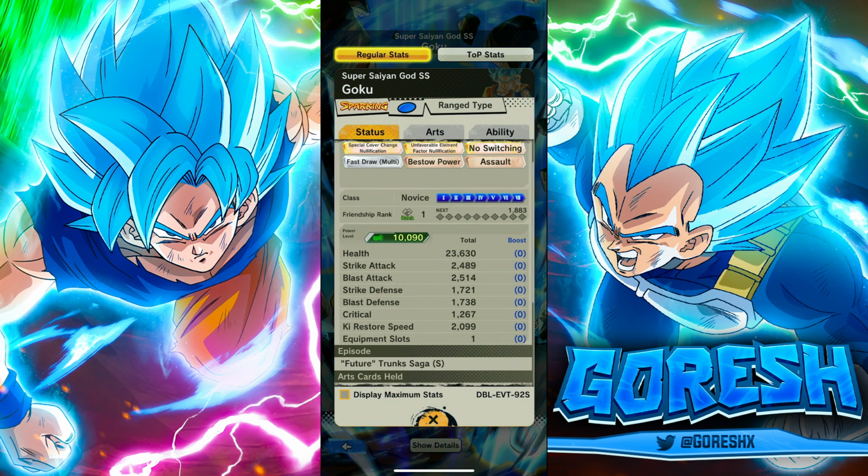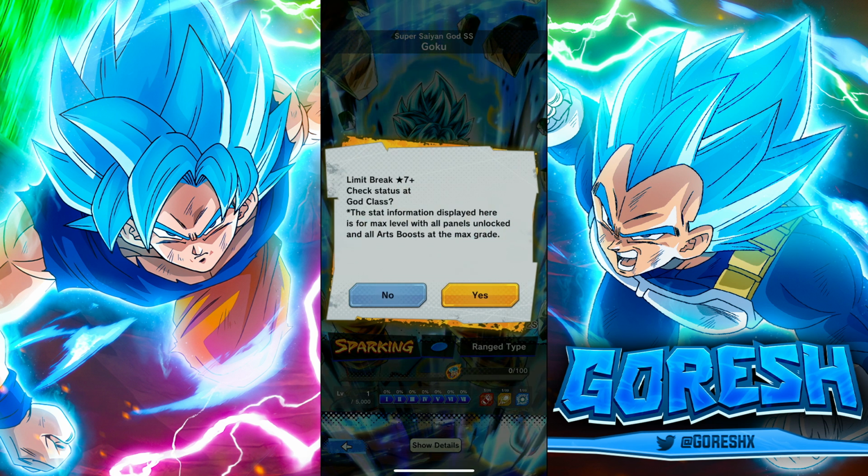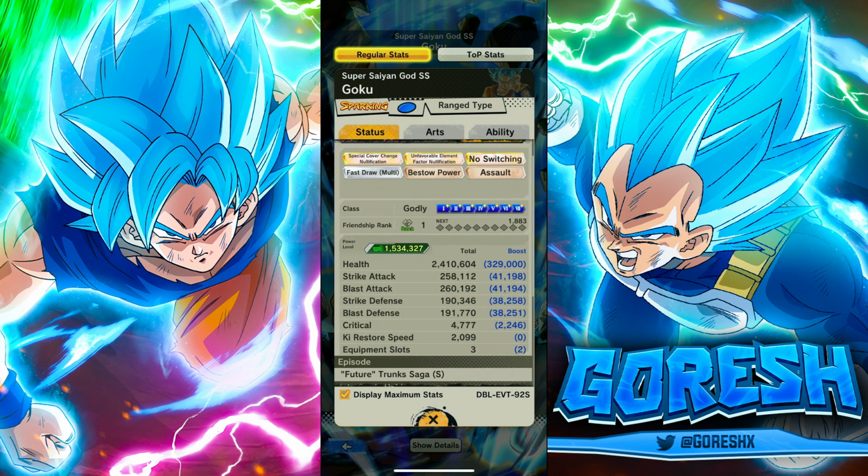Let's go ahead and pump him up to max stats. He's got... Oh, it's pretty even stats, though. 258, 260. So you can kind of go strike or blast with this guy. Not the worst offenses, I guess. I mean, I would have preferred better, because he's sitting at just above 250 to main offenses, which is...